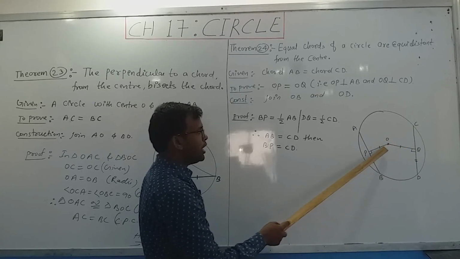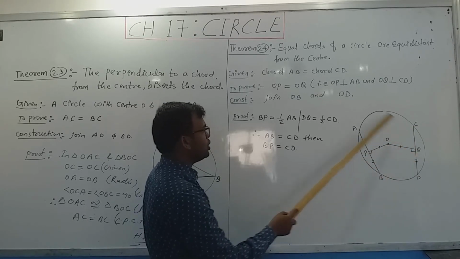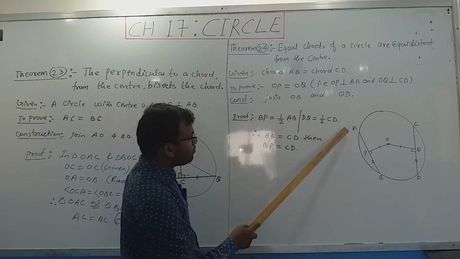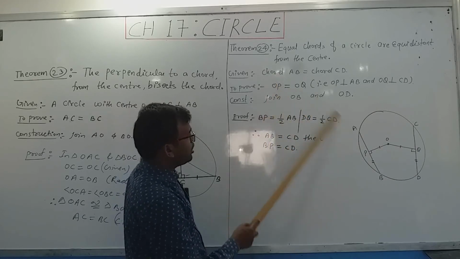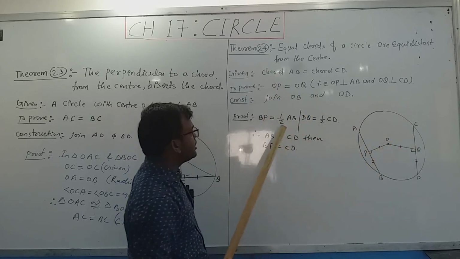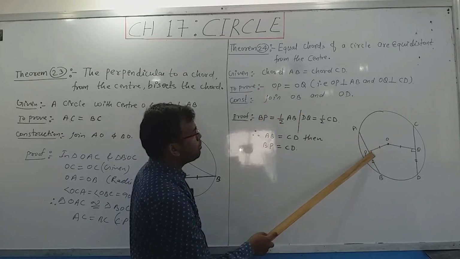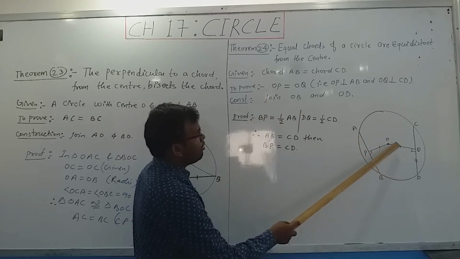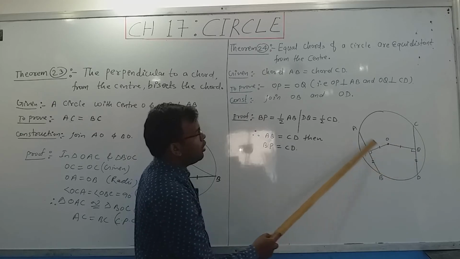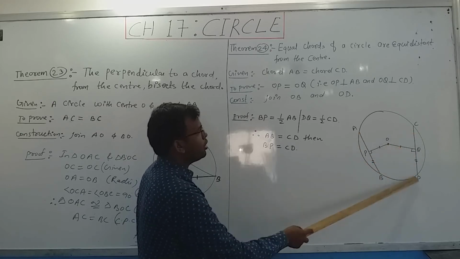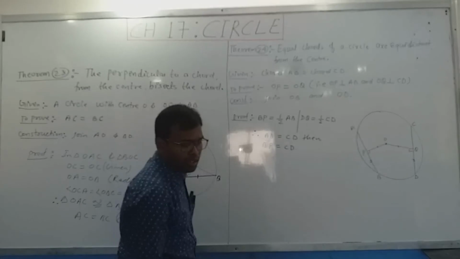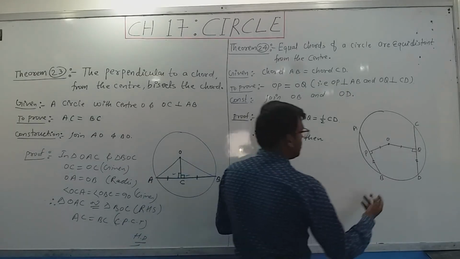Then we have to prove that OP is equal to OQ. So suppose it is given chord AB is equal to chord CD. To prove that OP is equal to OQ, when OP is perpendicular on AB and OQ is perpendicular on CD, and join OB